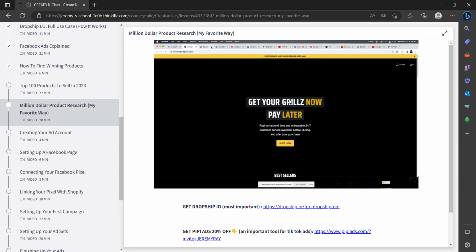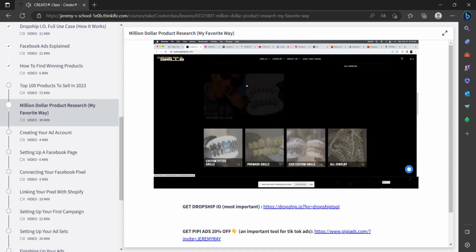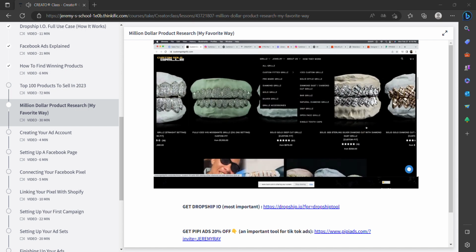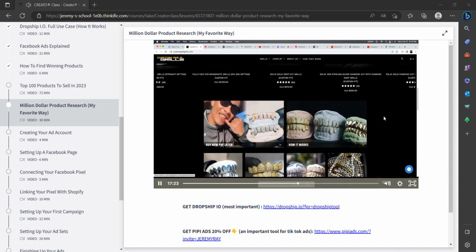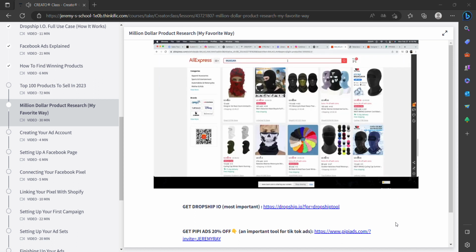Custom gold grills. Let's check this one. This one's custom gold grills, you guys. They're selling grills, right? Those little golden grills. You guys could sell these too. You could go on AliExpress, type in grills, and you can find